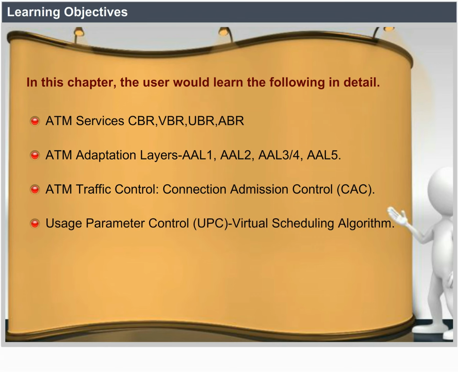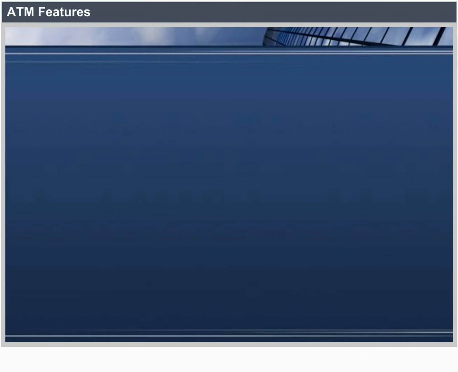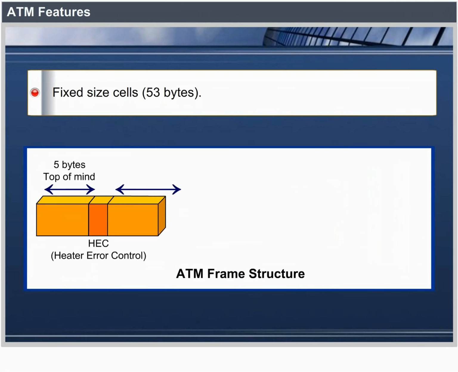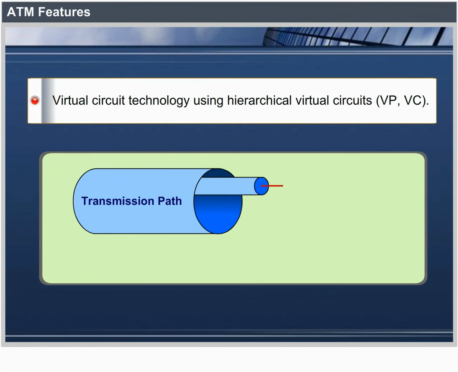Usage parameter control, UPC, virtual scheduling algorithm. Continuous state leaky bucket algorithm. Traffic shaping. ATM features: fixed size cells 53 bytes, virtual circuit technology using hierarchical virtual circuits